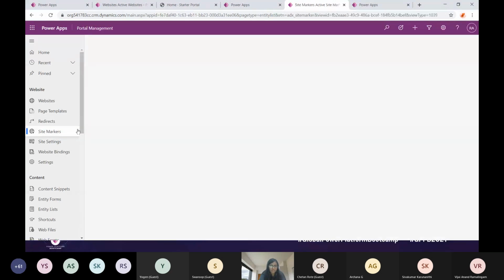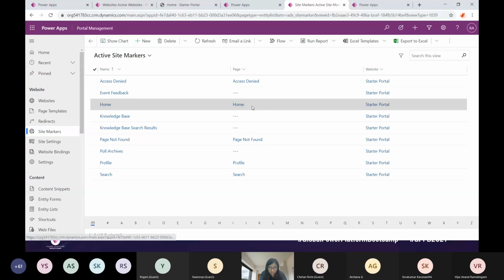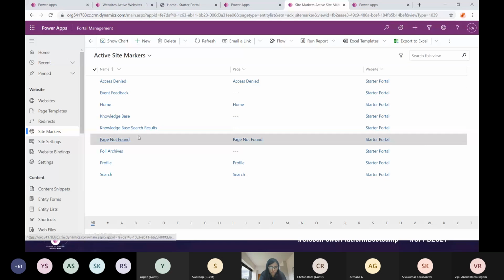Then we have site markers. Site markers is a place where you can specify that if I ever use this name, let's say home, take me to the home page. If I ever refer to page not found, then take me to page not found.